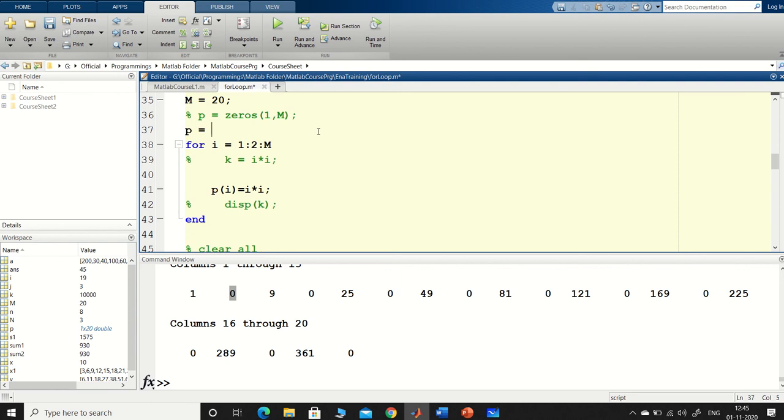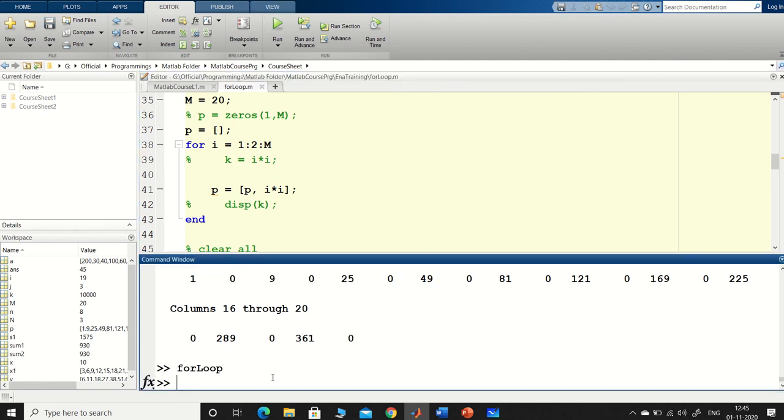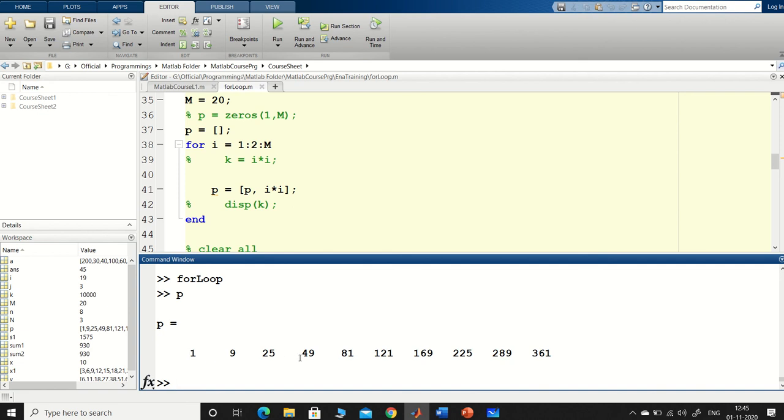what I can do is, P is equal to an empty array I will take, okay, and whenever i is coming, that it will take up. So what I will do is, P is equal to i square, and I can do one more thing, P comma i square. So P will be taken P and comma i square will be appended. So if you see, then you will get it. See 1, 9, 25, 49. So 1 square, 3 square, 5 square, 7 square, all these keep on coming. It's up to you, like how you make it happen.